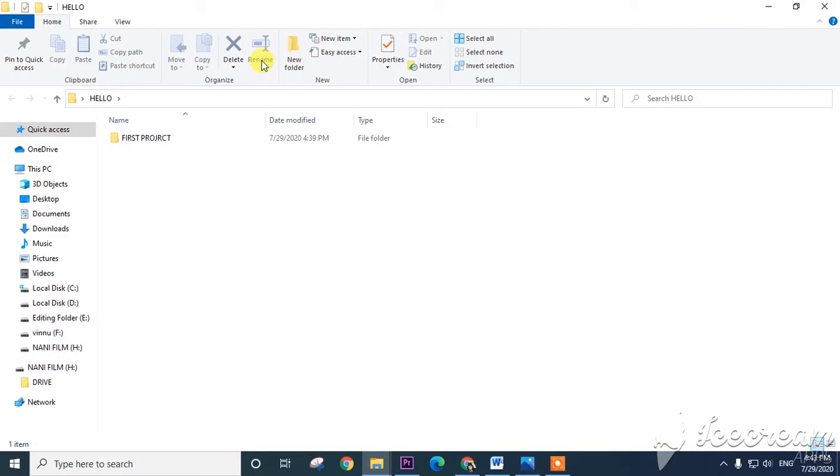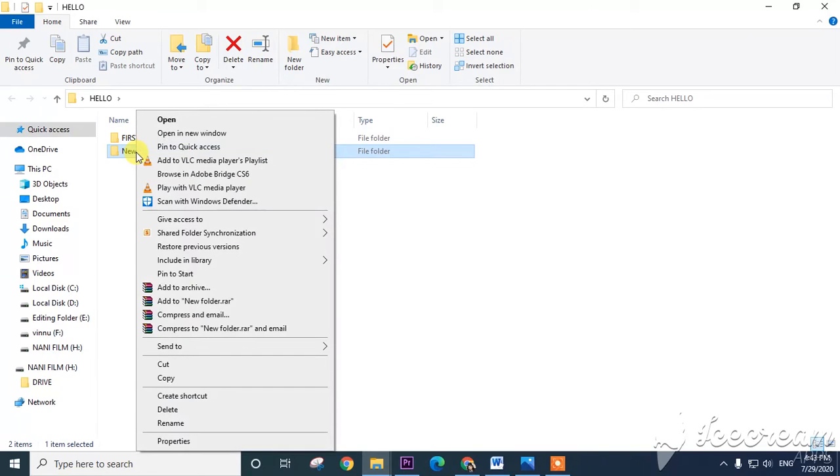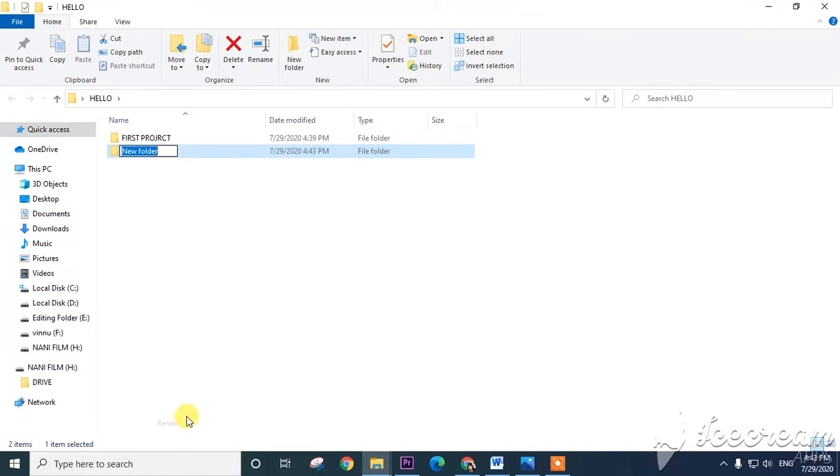Let us have a look. How to create a folder? In home tab click on new folder, then a new folder will be created. Now I want to rename the folder. Just click the folder, then in home tab there is a rename option. Shortcut key is F2. You can observe the shortcut key here. And one more method is right click the file or folder and choose rename option. 3 ways are there. Now I am selecting click on rename and write here second project.